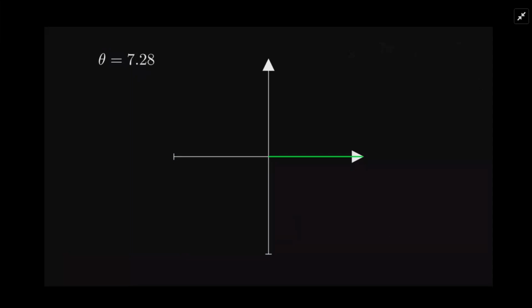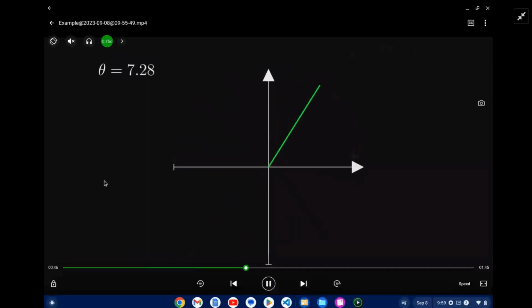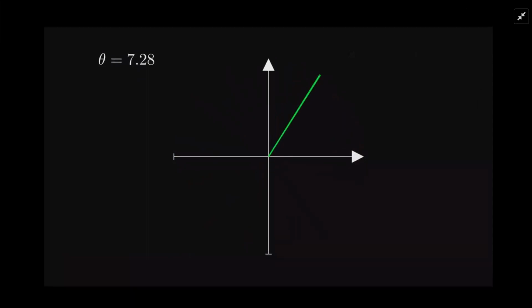.28. It's a little bit more than 2 pi. 2 pi is 6.28. So a little bit more than a full circle. Brings us there. If I subtract a full circle now, going the opposite direction, I will land there. And that's our smallest positive coterminal, subtracting 2 pi. Next one,